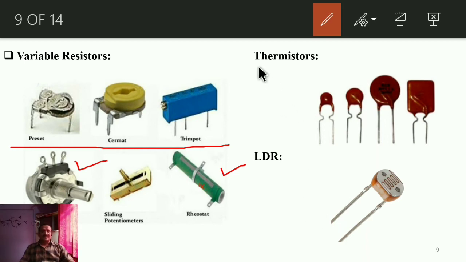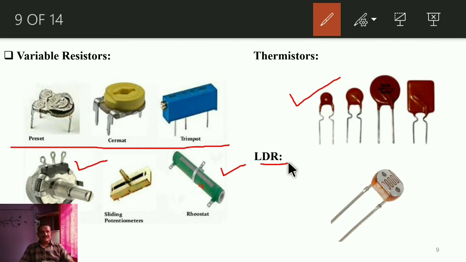Then the next one, it is shown as a thermistor. Thermistor means what? According to variation in temperature, the resistance of these devices gets changed. It is available as positive temperature coefficient thermistor or negative temperature coefficient thermistor. That means NTC or PTC. What is meant by NTC or PTC? Suppose by increasing temperature, if its resistance increases, then it is known as a PTC, positive temperature coefficient, and vice versa. That means by increasing temperature, if the resistance decreases, then it is known as NTC, negative temperature coefficient.